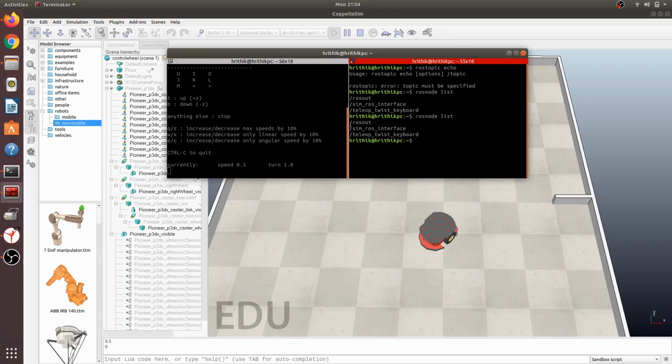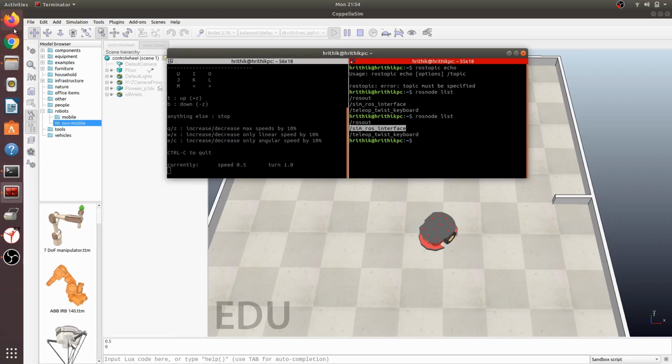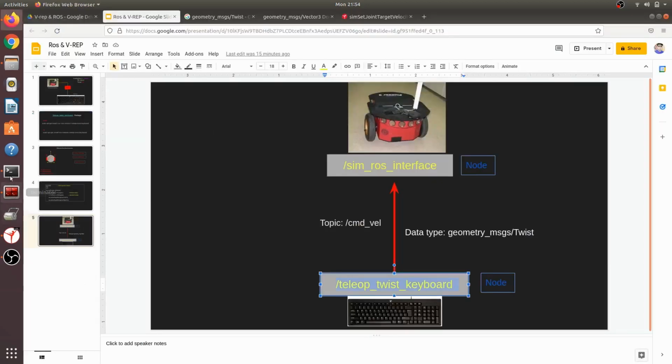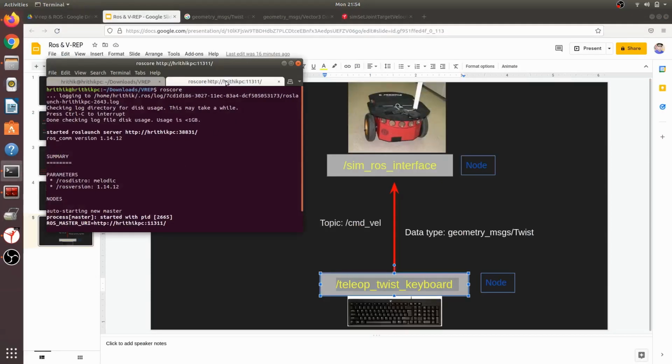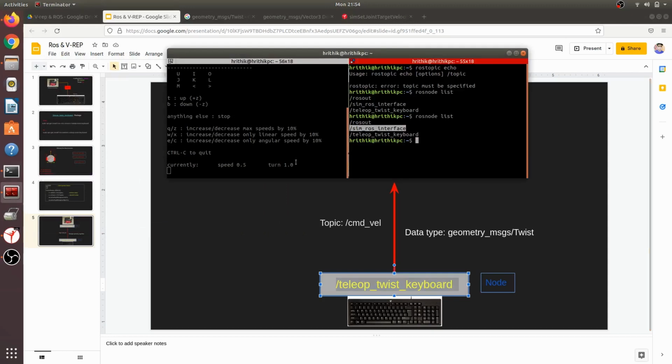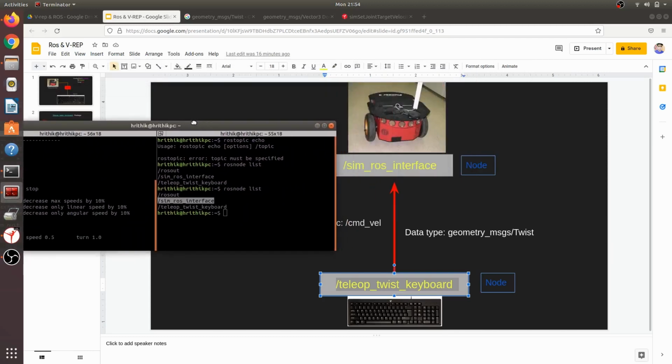This one is from ROS core, and this is the node that I was talking about. I'm comparing everything so that you have a clear understanding. This is the first node, and this is the teleop twist keyboard node. These are the two nodes.